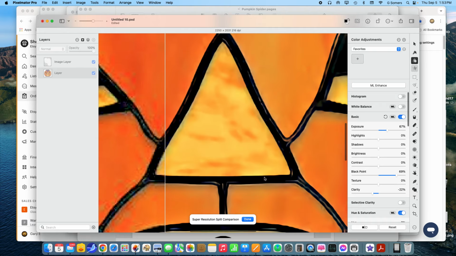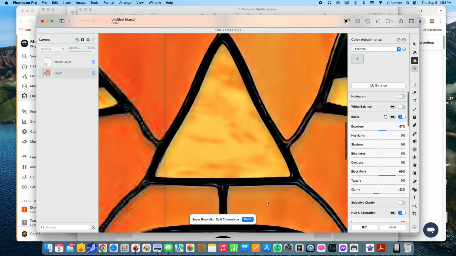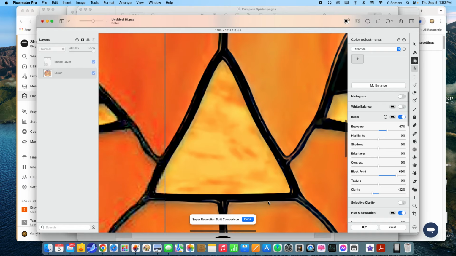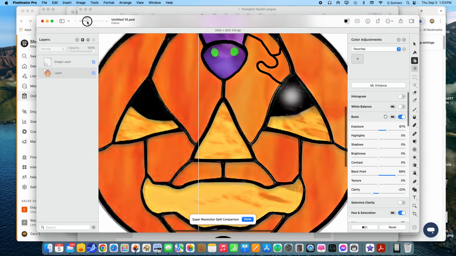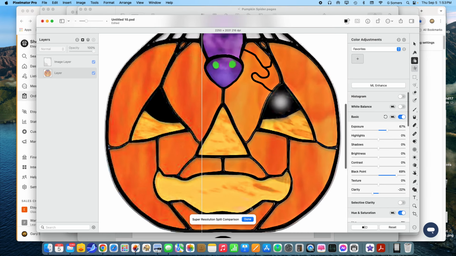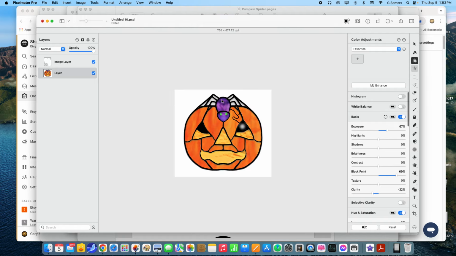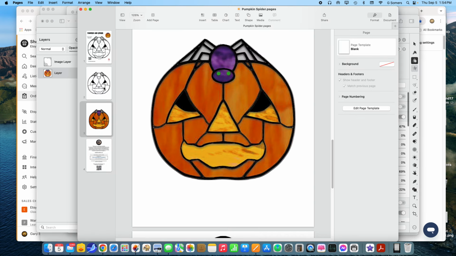The reason why I don't use the super resolution often, because it really does take up a lot of file space, and if you want to put it on a website or what have you, it's going to really limit what you can do, but it is there. Alright, so I'm going to undo it because I don't need it. So there's just a few tools in Pixelmator that come in real handy with doing patterns. I'm sure I forgot a few, but